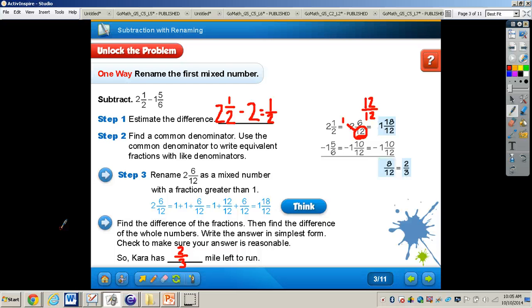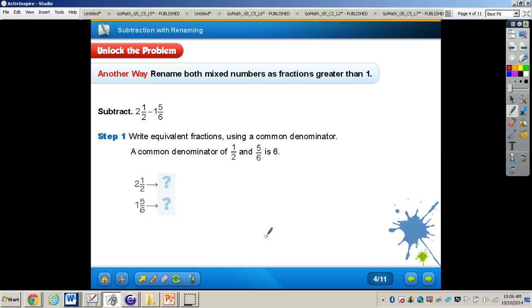And the answer for this, it is important to write equivalent fractions first to determine if renaming is needed. Okay, so I do want you to write that in your own words, or you can rewind your video and write exactly what I just said. So it is important to write equivalent fractions first to determine if renaming is needed. Okay, so I showed you that whenever you need to regroup or rename,